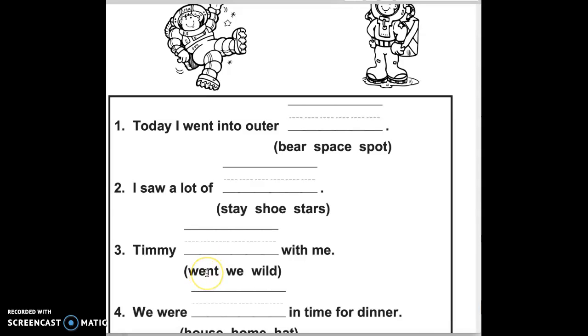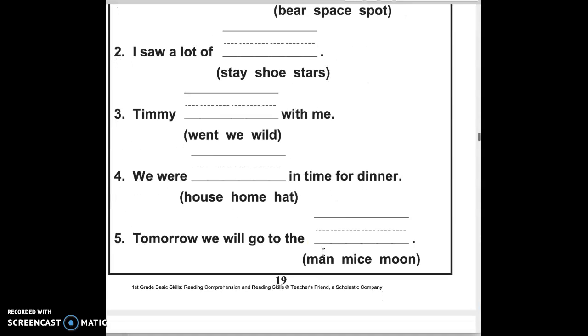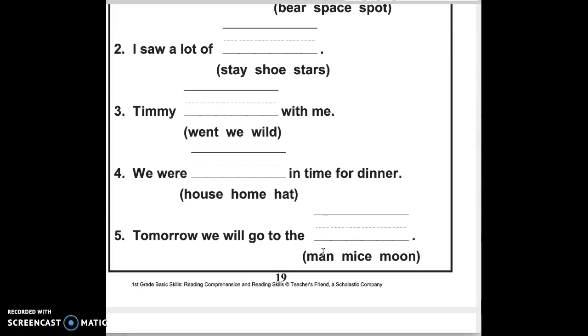So it's a past. We were home in time for dinner. Many teachers, and I heard it, sorry to say that, but to say on time. And it's a big mistake. So we were home in time for dinner. Okay. We can use on time, but not like that. It's a different context. So this is when you see if an English teacher studied English or not.